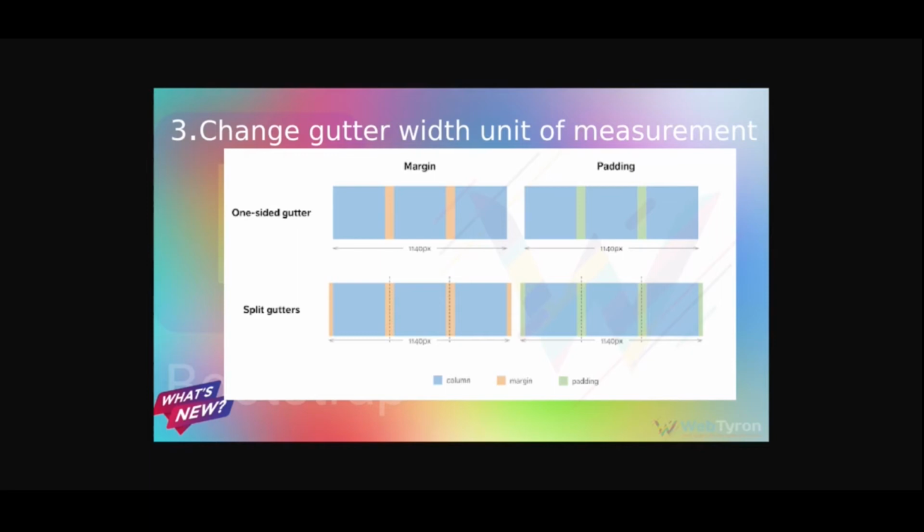Bootstrap has been using pixels for its gutter width for quite a long time, which will no longer be the case in Bootstrap 5. According to the fix made on Bootstrap 5 official GitHub project tracking board, the gutter width will now be in REM instead of pixels. REM stands for root EM, which means equal to calculated value of font size on the root element. For instance, 1 REM is equal to the font size of the HTML element. Most browsers have a default value of 16 pixels.